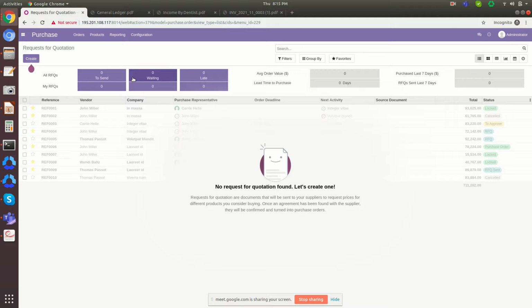For example, the reception lady can, when they receive the goods purchasing, with the scan, it will automatically reflect the journal entry and affect the inventory, affect the vendor account. You got my point? Yes, I got your point. Also for the patient, for the sales invoice, I want to link it with the inventory with fixed